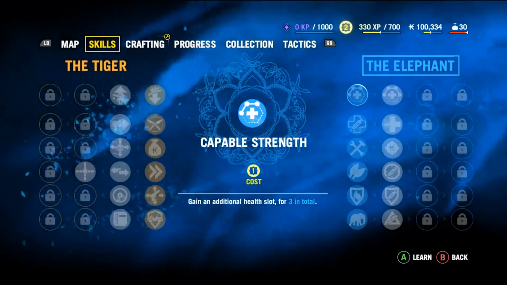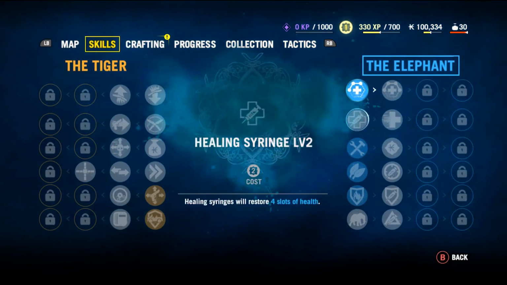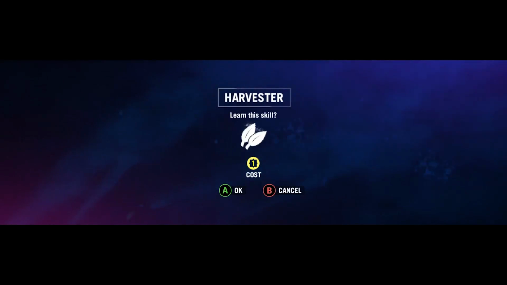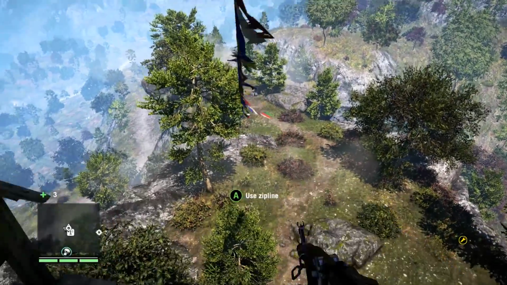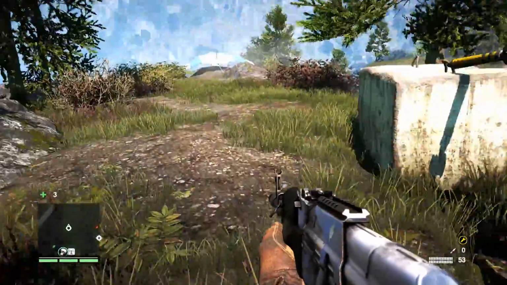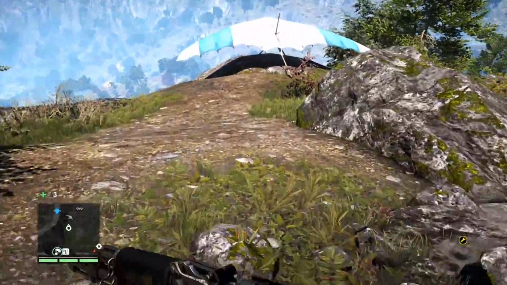What we've got is we've got enough experience to get some extra little skills here. I am going to get Harvester and the health increase. I'm getting Harvester just because it becomes a lot easier to make healing syringes and things of that nature. Okay, so we're going to take that shortcut there, and then we're going to...